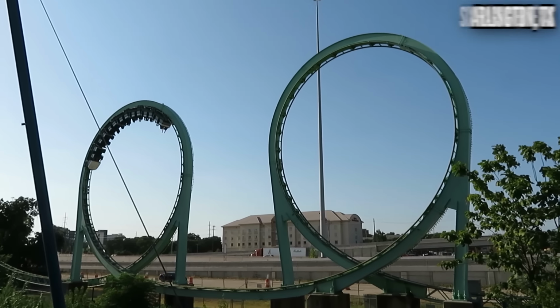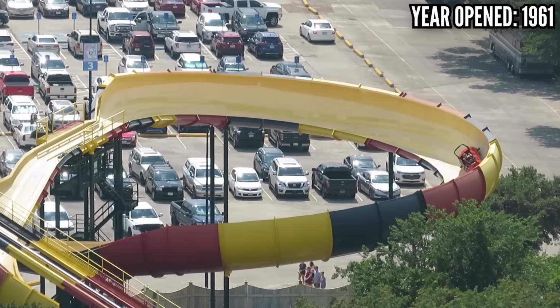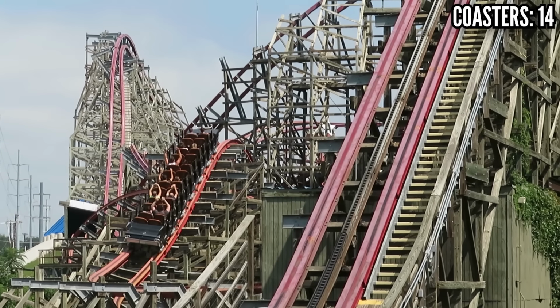Shockwave is a great old school Schwarzkopf, loaded with positive and negative Gs. Mr. Freeze packs a huge punch. Titan is big, but it's pretty pointless. And from there, you have a very decent collection of supporting coasters. It seems like I'm trashing this park after praising Discovery Kingdom, but their top tier coasters are very similar, and